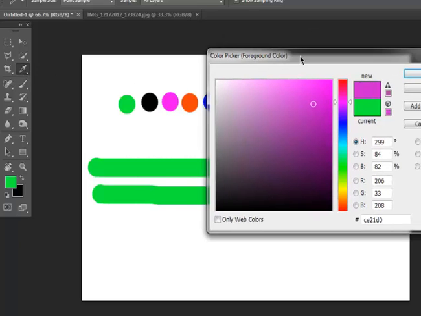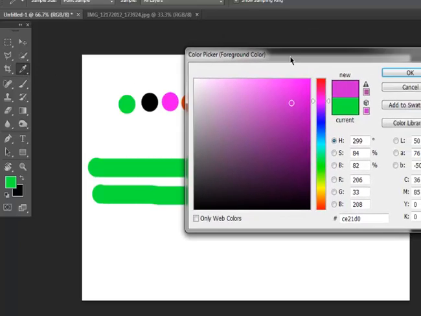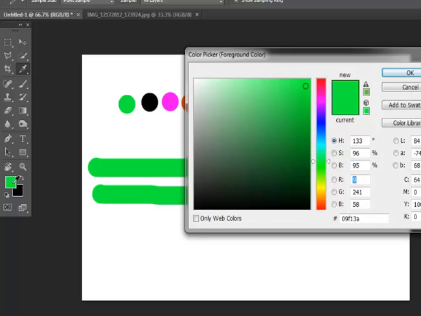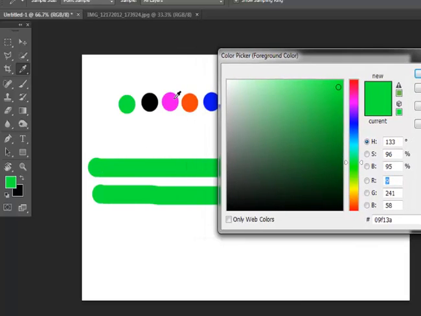But most of the time, if you're going to select this little box on your foreground color, the eyedropper will automatically appear, and you can select the color that you will be using for your painting.